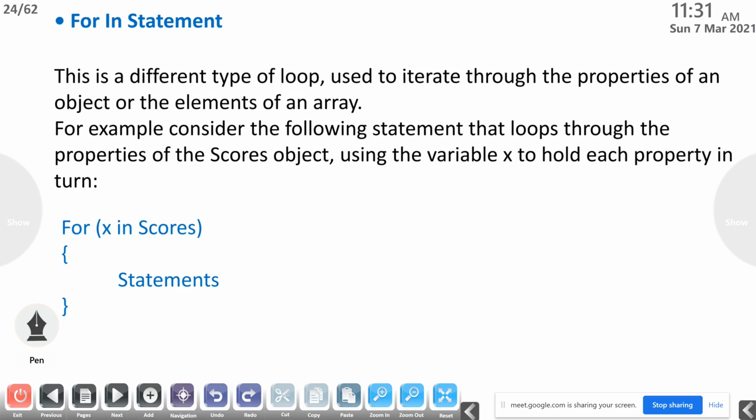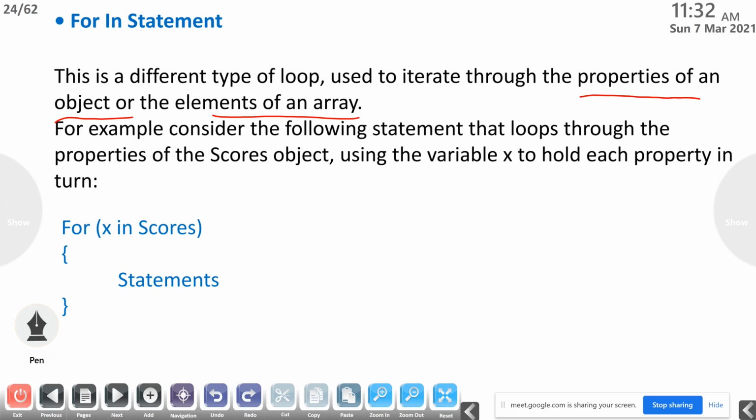Then another statement, that is the for in statement. This is a different type of loop used to iterate through the properties of an object or the elements of an array. For example, consider the following statement that loops through the properties of the scores object using the variable x to hold each property in turn: for x in scores.